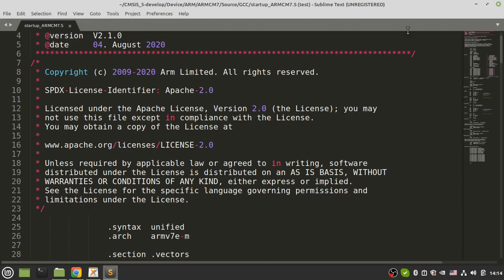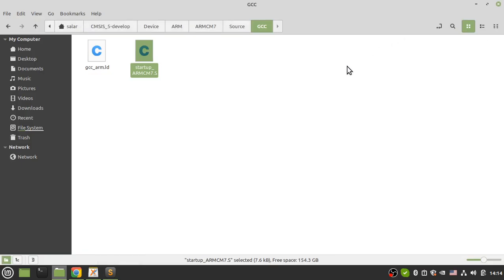Okay, in the previous part, for example, I downloaded a startup file from STM32Cube, or for example from the NXP website or others. And if you have a startup file for an ST microelectronics microcontroller, you can use this file just for that ST microcontroller that you downloaded the file for. Okay, but if you use this file, you can use the startup for all microcontrollers that have a Cortex M7